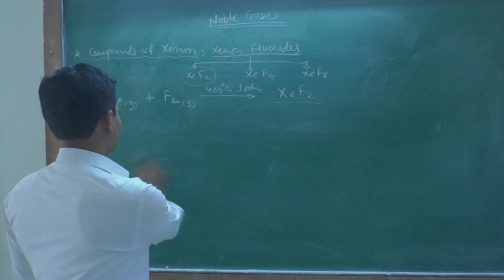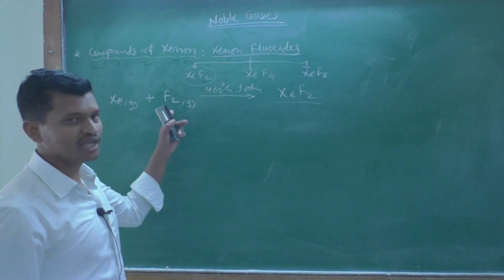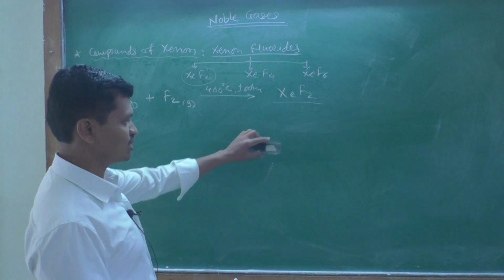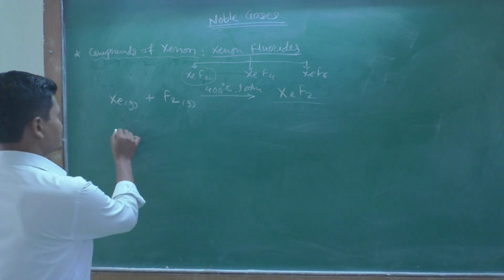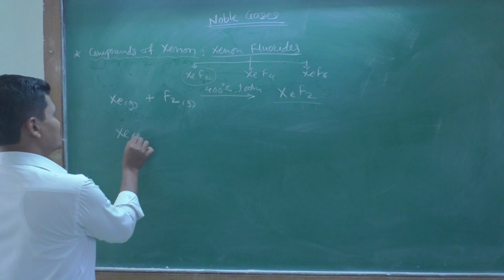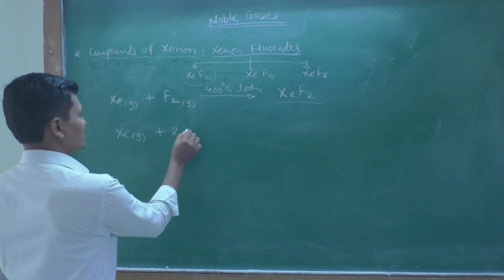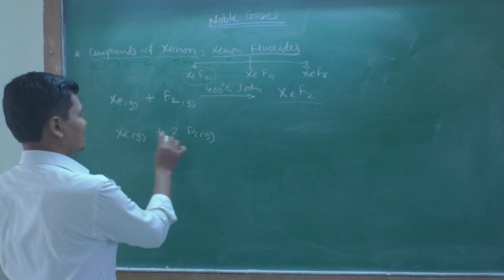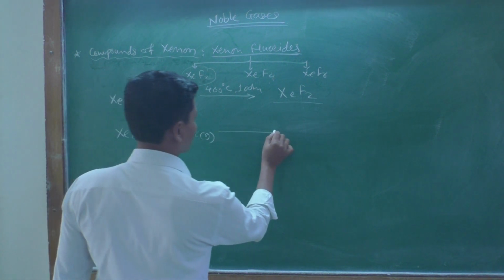When we use fluorine gas in higher proportion, there is a chance of formation of xenon tetrafluoride and hexafluoride. For example, when xenon gas reacts with twice F2, that is, in higher proportion,